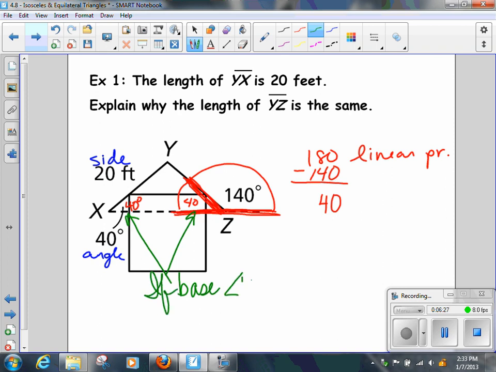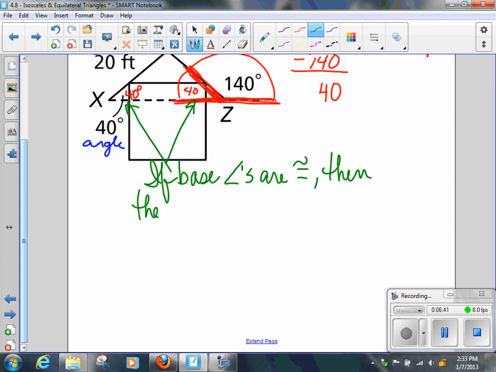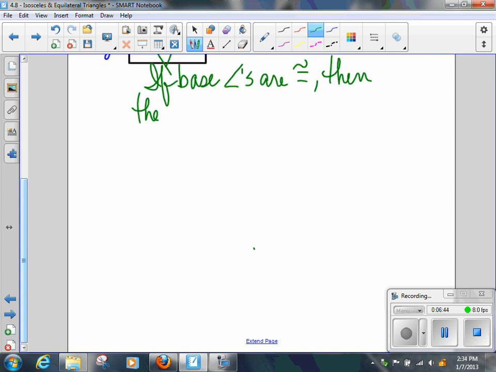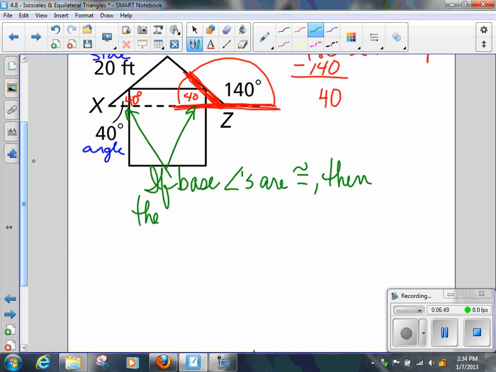If base angles are congruent, then the sides opposite them are also congruent. Meaning,